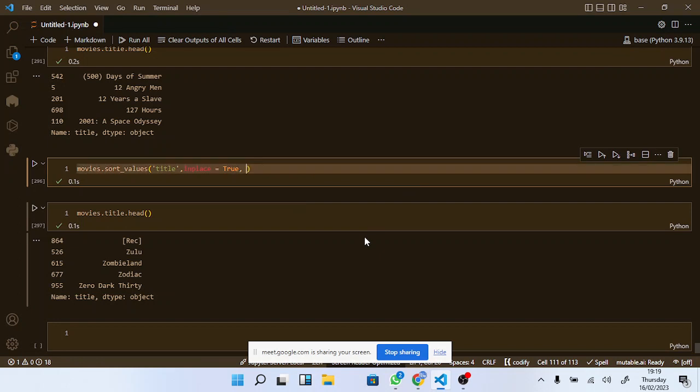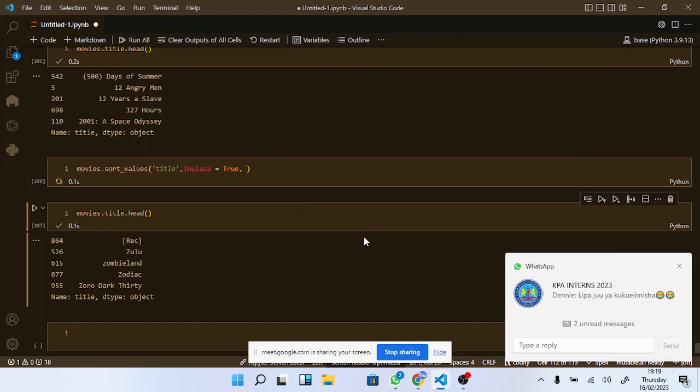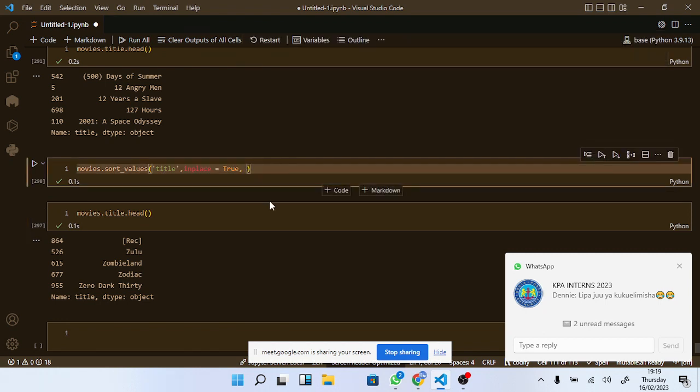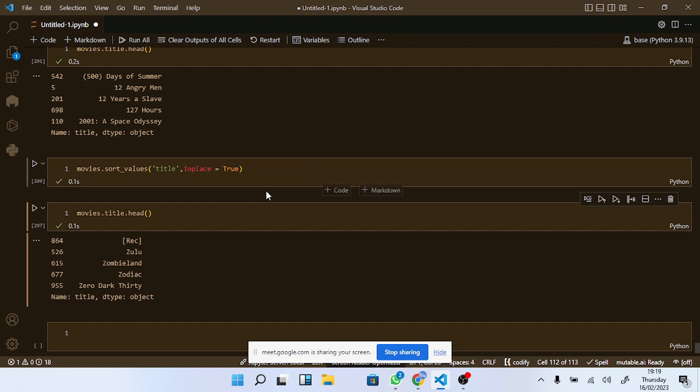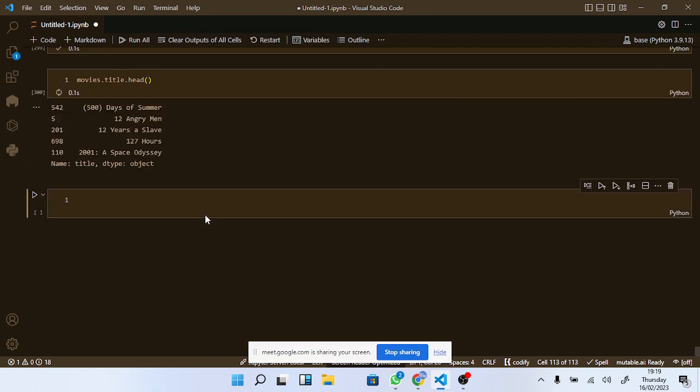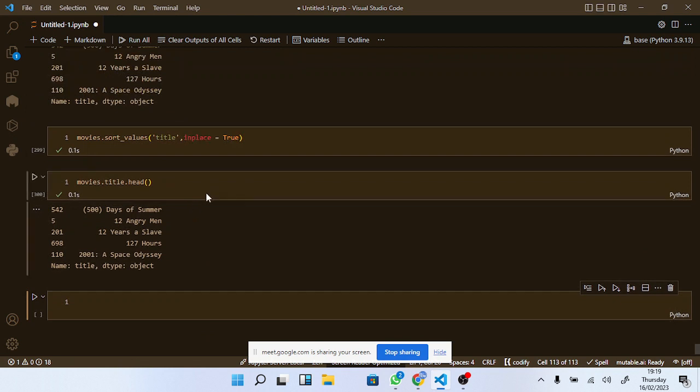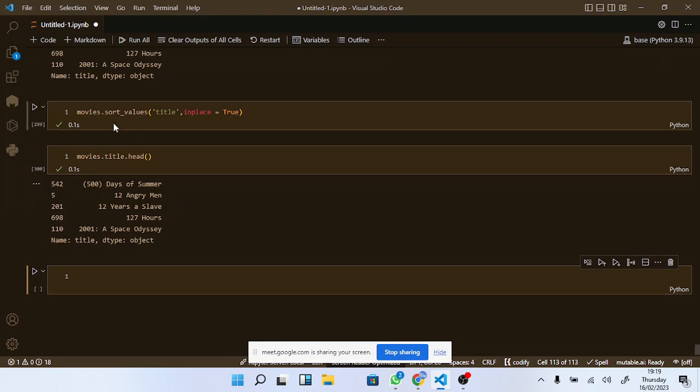If I just cancel this one, it means my method will be descending, because by default, if you don't specify, that means you are sorting in ascending order. If you want to do descending, just set your ascending to false. Yes. So another thing before we move to the other concept is that you can do sorting now using